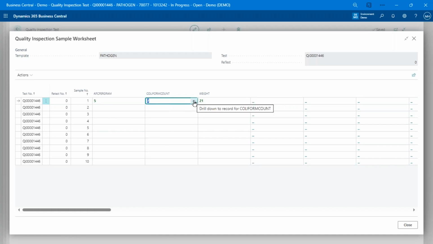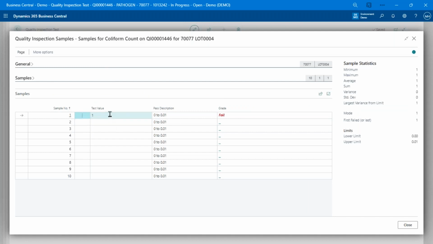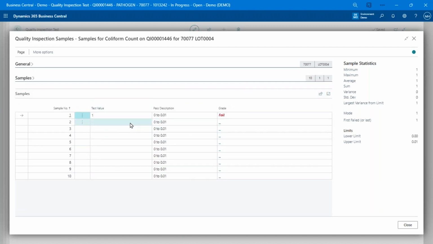The other way we can do that is on a field by field basis. I can come in and enter that field in the sample sheet just for that specific test. So this gives me a lot more information about that particular test that I need to perform: the different samples and everything else I need to do, and the statistics for that specific attribute that we're testing. So I can come in here and enter all sorts of stuff. So let's do something more reasonable here. I can come in and enter all those samples, and it keeps track of the statistics.